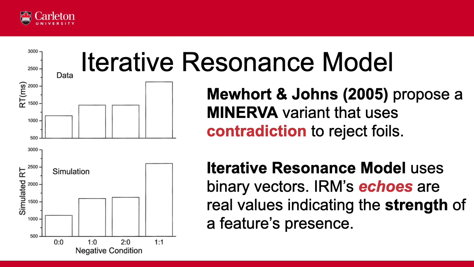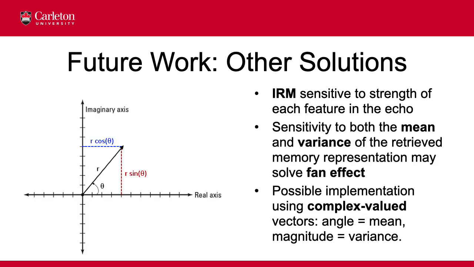However, an analysis of the vector algebra of IRM reveals a possible solution to Minerva's problem with the fan effect. In IRM, vectors are binary values of 1 and 0 indicating presence or absence of a feature. The echo in IRM is a vector of positive real values, indicating the strength of each feature in the echo. If enough features present in the probe are too weak in the echo, IRM decides to reject the probe as a foil. The response of Minerva to a probe is a distribution, and the echo is the mean of that